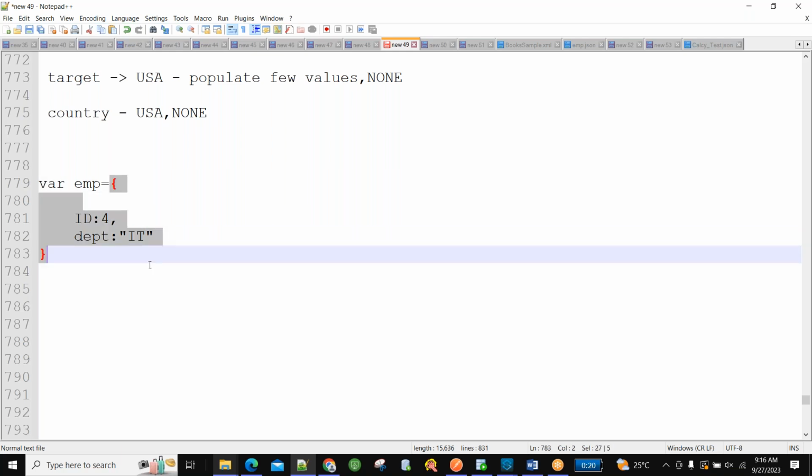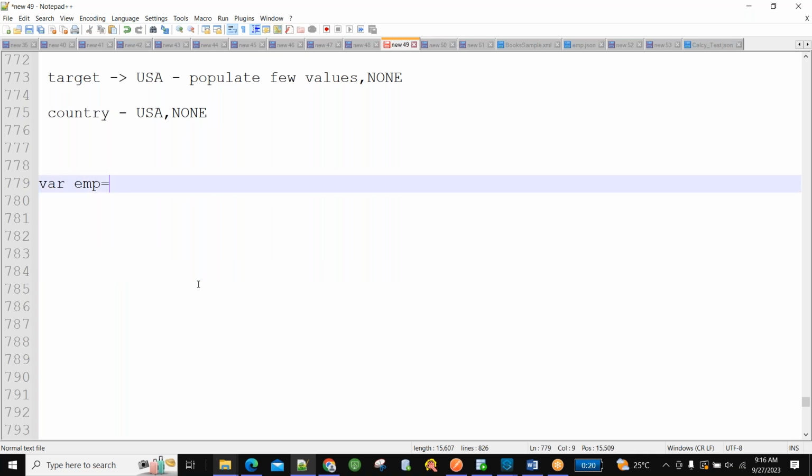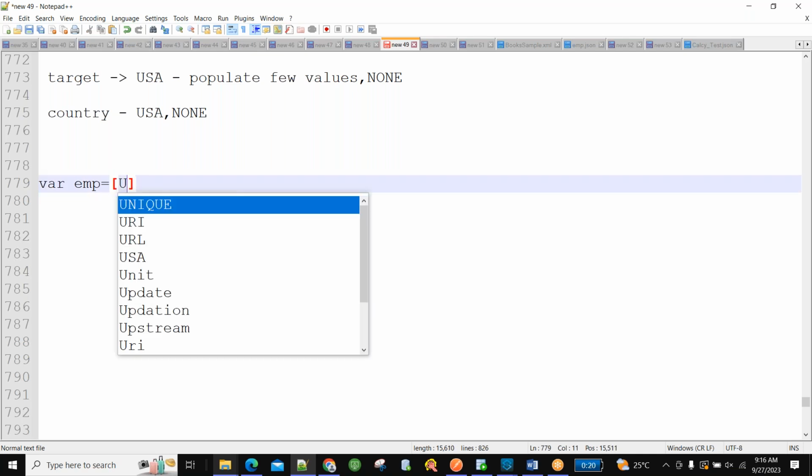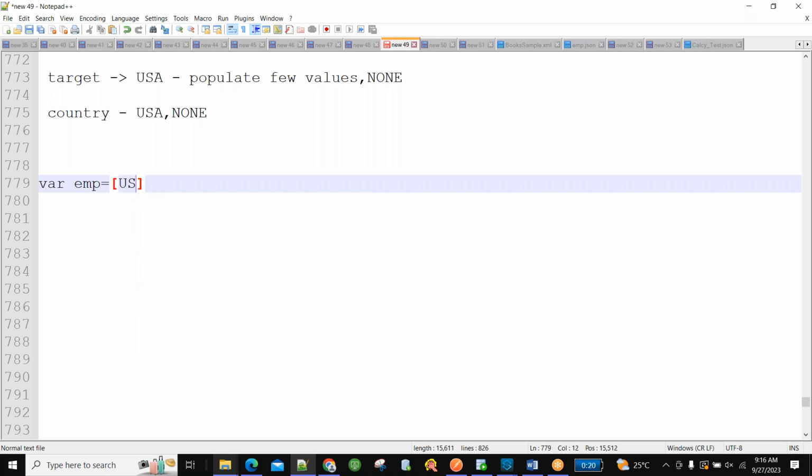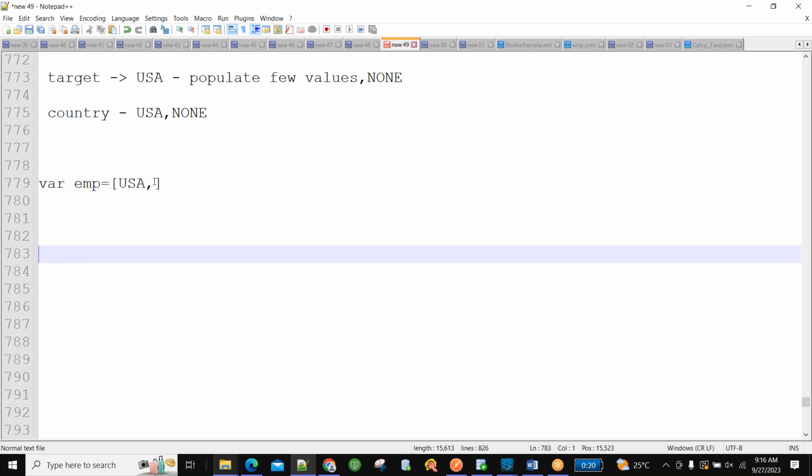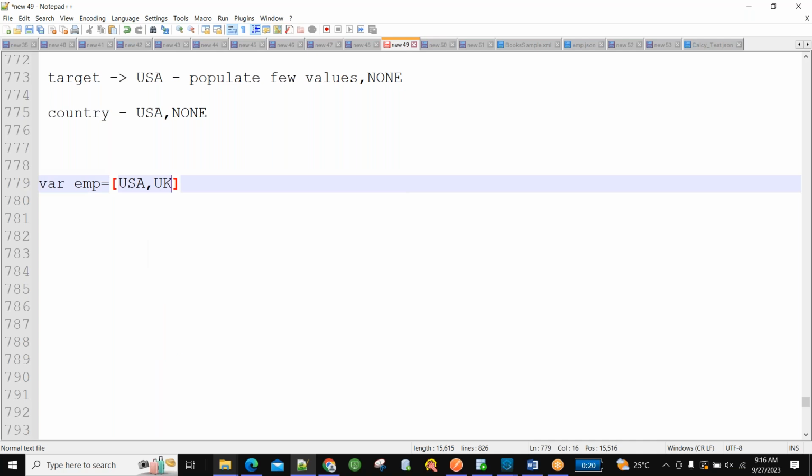So in that case, whatever the requirement is, you just declare the static values in one array, right? In one array you can declare. For example, United America is coming, but in the short form, the target system is expecting USA. That is what the requirement is. Then what you can do? You can keep one condition. See, USA or UK, whatever is there, the static values you can declare over here.